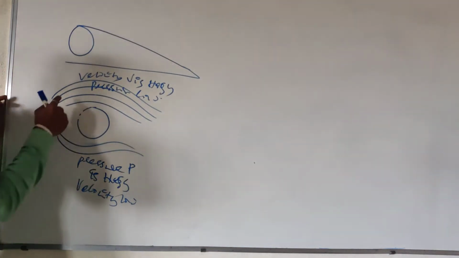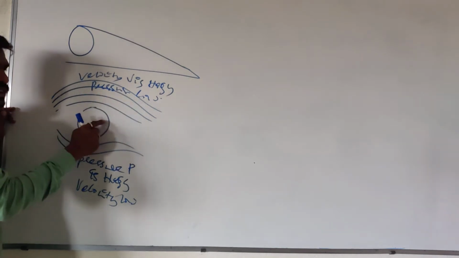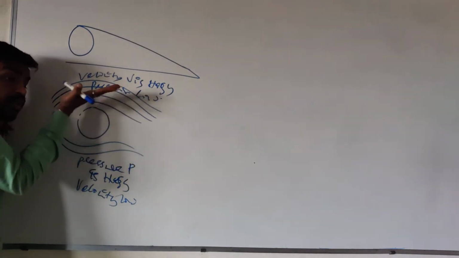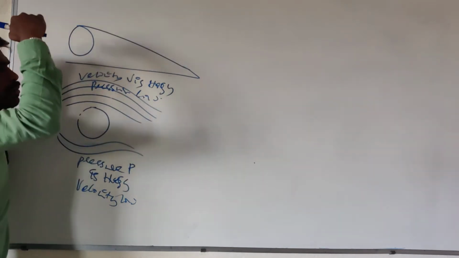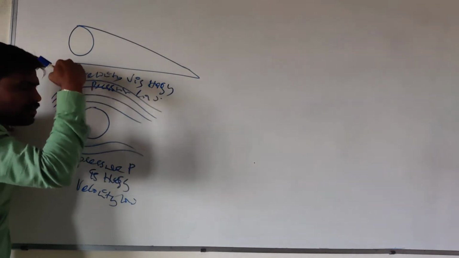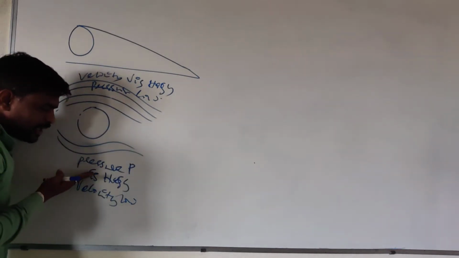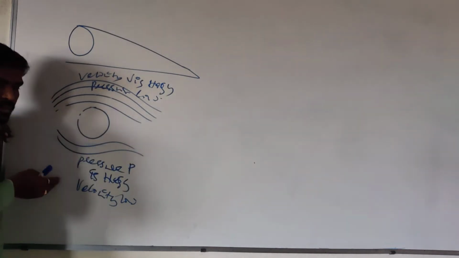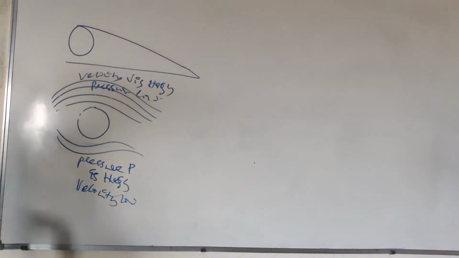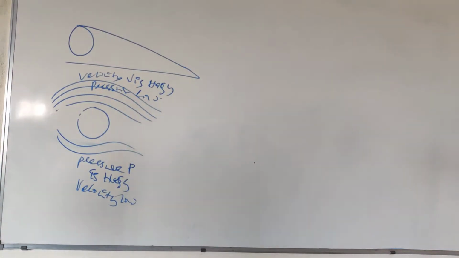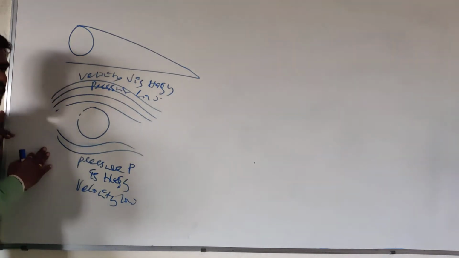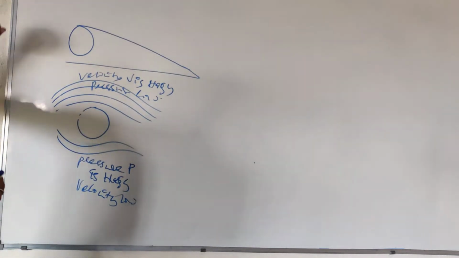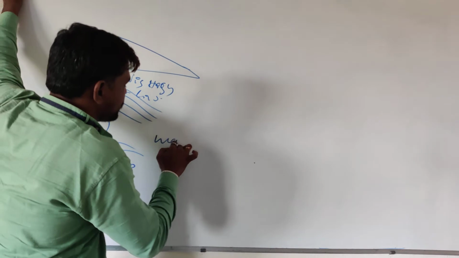So see, upside pressure is low. When the pressure is low, the ball is going high with the velocity. When the ball's velocity comes down, automatically pressure is high, and the ball comes down like this, right? This upward lift or dynamic lift, this process is called the Magnus